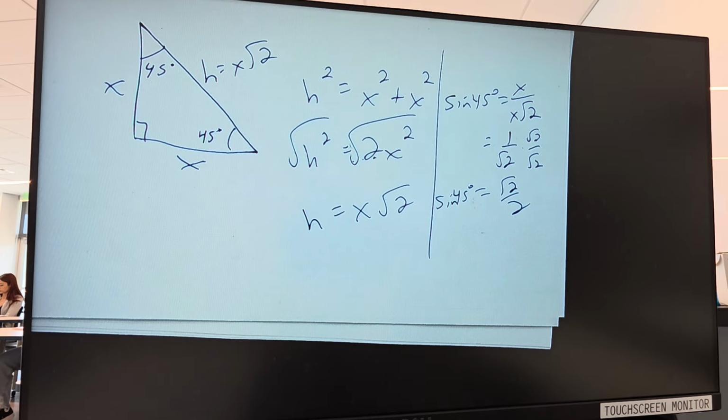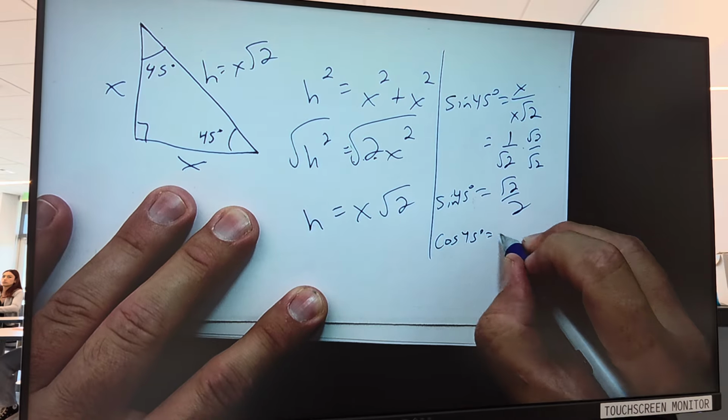Does anyone see why I shouldn't have to do any work for cosine of 45 degrees? Didn't we already do the work? It's the same thing. And that makes sense. Cosine likes x, so cosine of 0 is 1. Sine likes y, so sine of 90 degrees or pi over 2 is 1. They should be the same value in the middle, at 45 degrees. Sine gets smaller, cosine gets smaller, and they agree right in the middle. More technically, the sides are the same length. So cosine of 45 degrees is also rad 2 over 2.